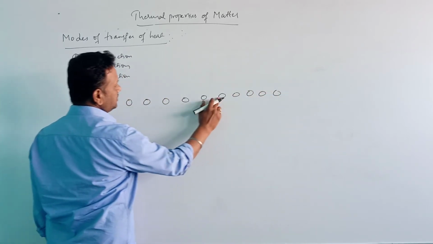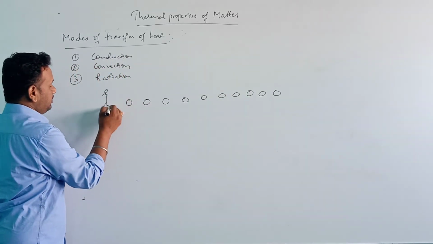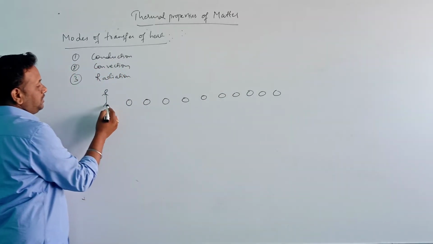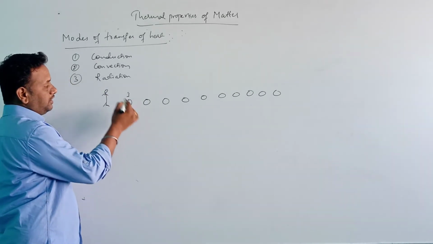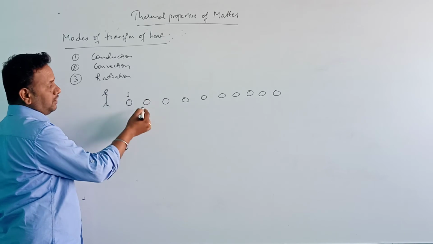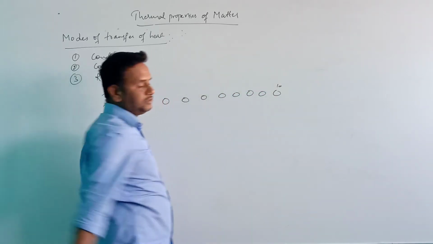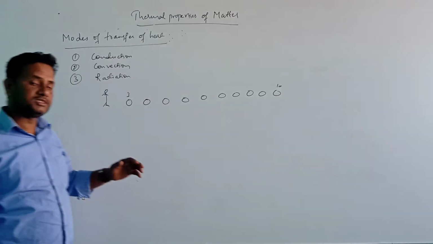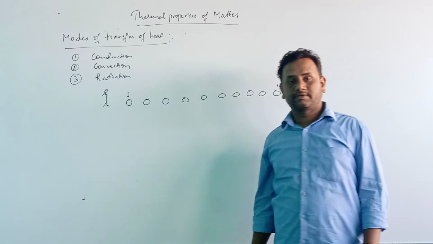1, 2, 3, 4, 5, 6, 7, 8, 9, 10. Okay, and the teacher stands here. The teacher gives an apple to the first boy and tells him to pass that apple to the last boy here. Now, in how many ways can that student pass that apple to the last boy?